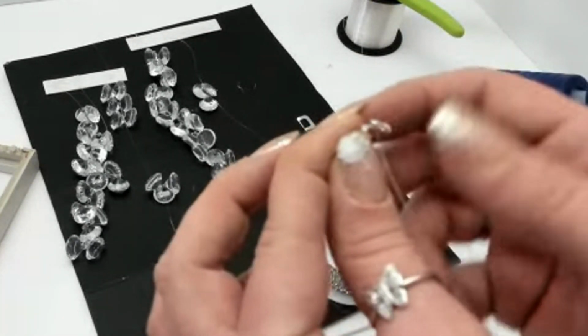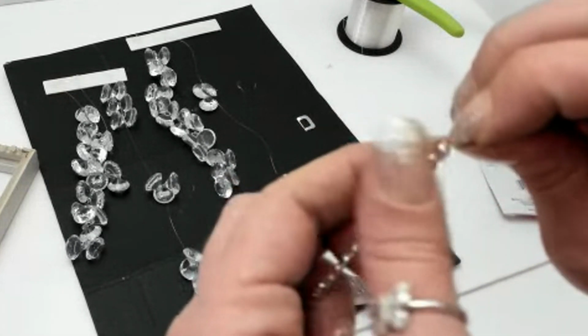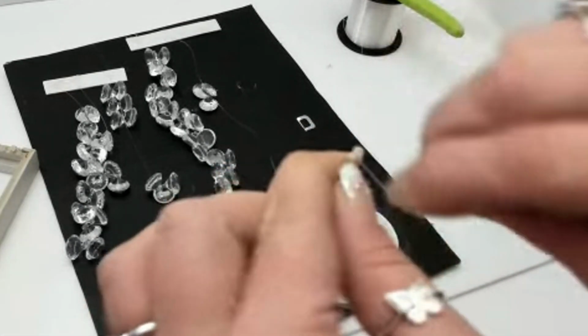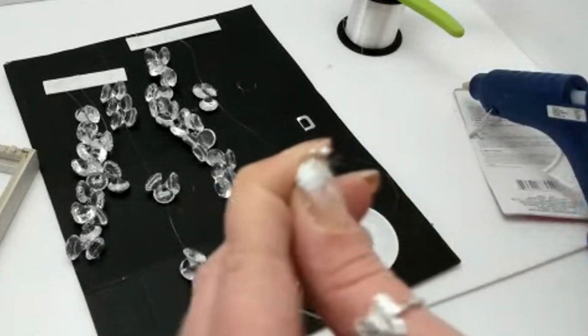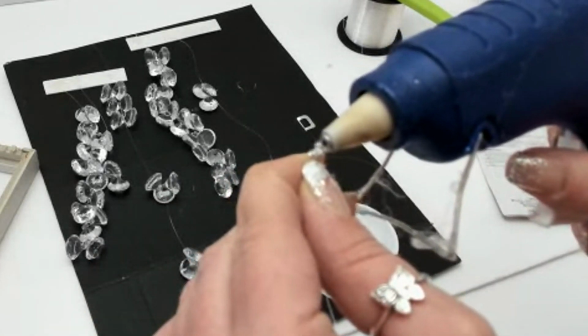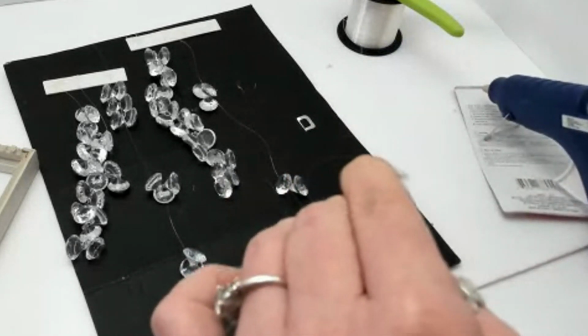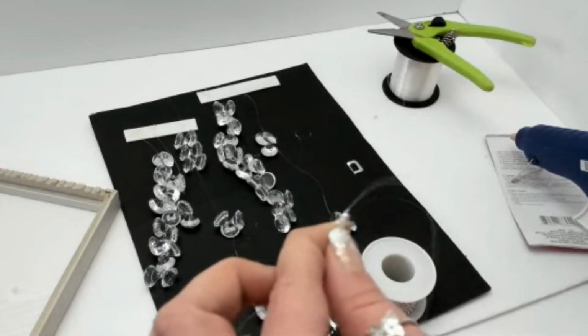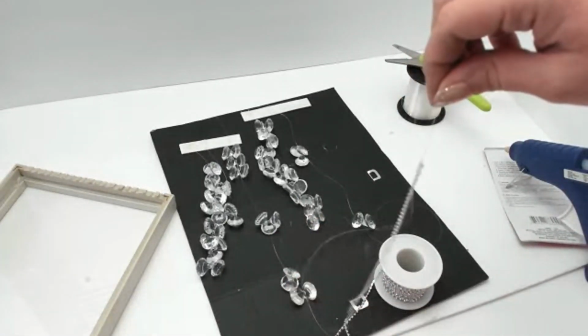And I believe this was 3 yards. I'm not sure on the length of this big roll that Brenda sent me, but I'm pretty sure it's more than 3 yards. Right before, I used the glue on the tip of my hot glue gun and touched that part to one of my rhinestones, and then I wrapped the fishing line around